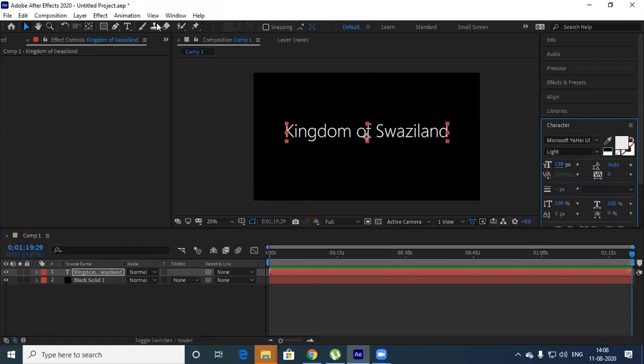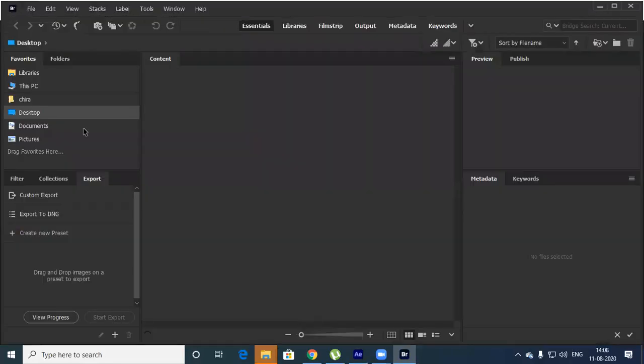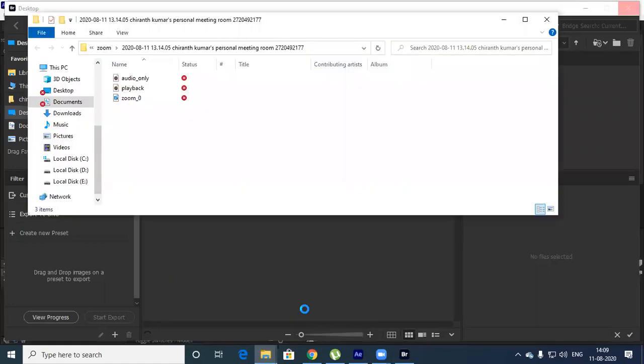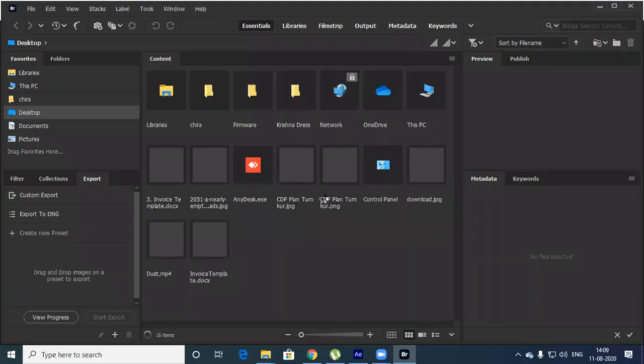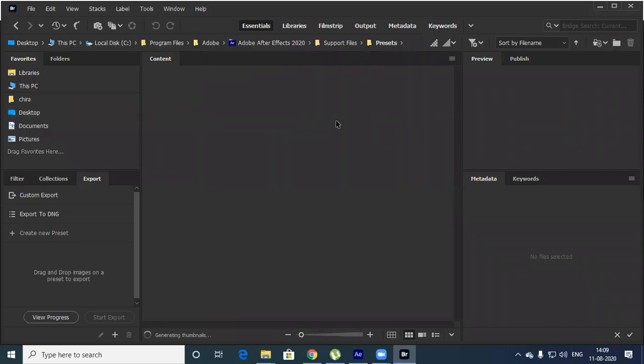So that's another window, an additional window. It will open. It takes some time to open that particular window. It is taking time. It will load over here in this particular content. So let's wait for that. So this opens in Bridge actually. This is called Adobe Bridge, this particular window. It will load all the text animations that are there. Now it is loading.